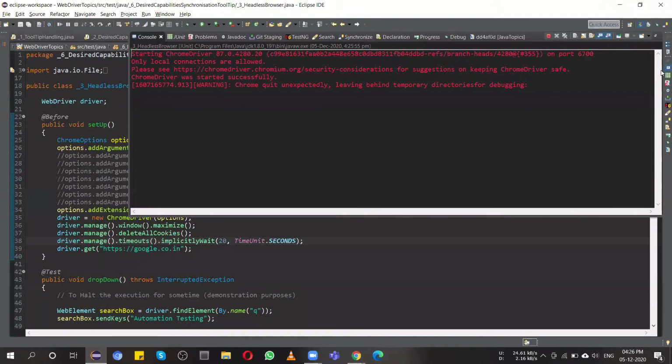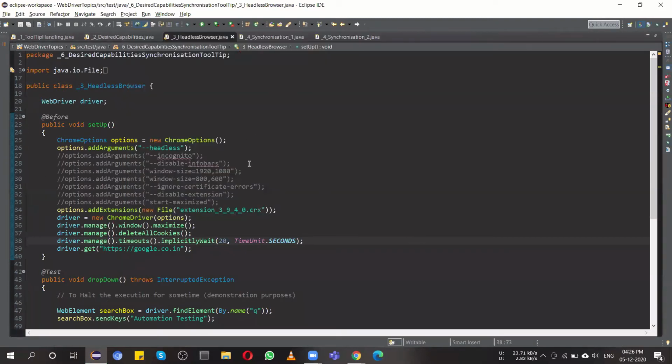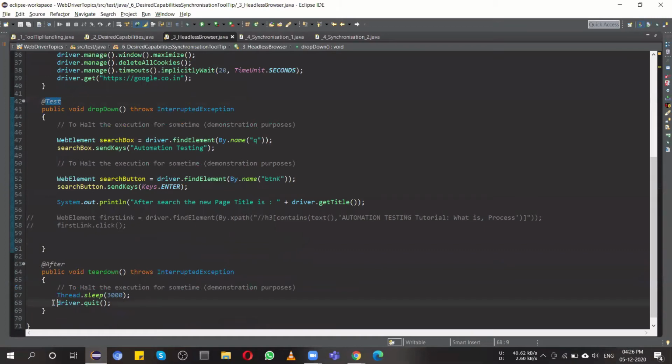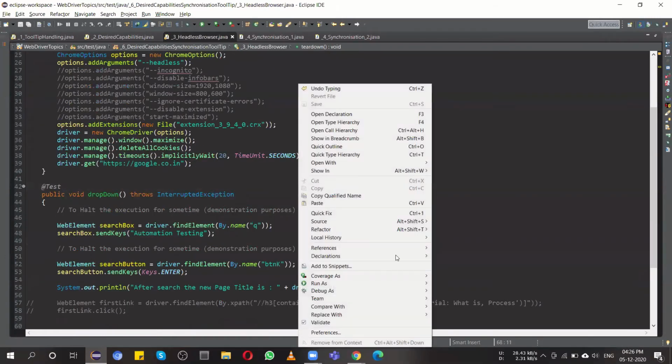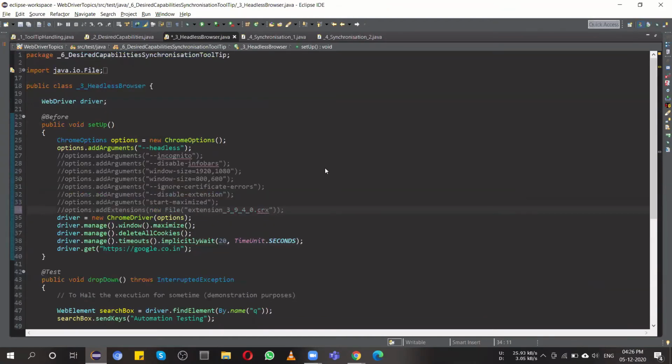Oops, why is it doing so? Because something is breaking the thing. Okay, this extension thing might not work for the headless mode. So let me check once again.